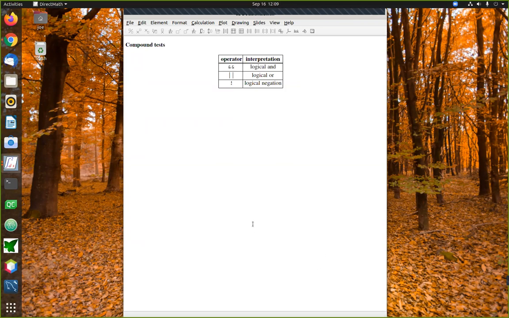Right? And there are three operators that you need to know about. The first of these that you get by typing a pair of ampersands, this is what's called the logical AND combination. The second one that you get by typing a pair of vertical bars is the logical OR combination. And the third operator that involves an exclamation point, this is what's called a logical negation. Now, to show you how this works, let me show you some examples of how these operators are used in practice. Here's a first example. Sometimes in mathematics, you're concerned about whether or not a particular variable falls into a range.